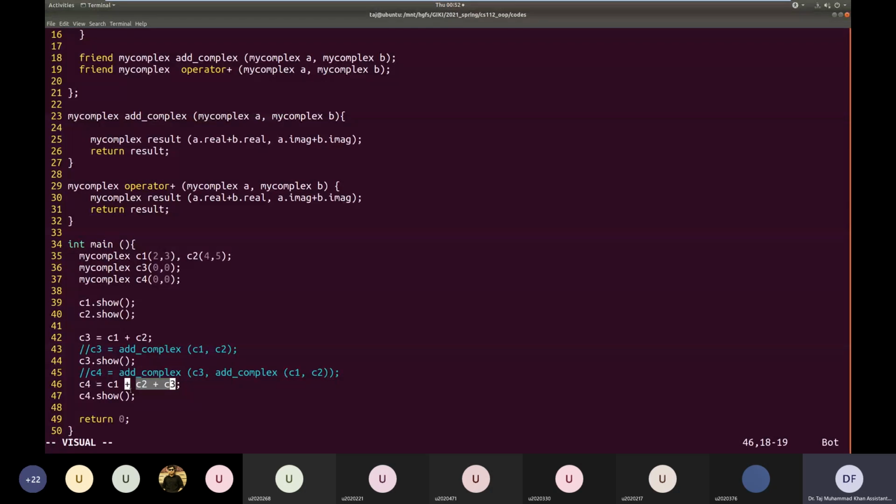One is C1, the left hand operand, and the right hand operand will be the result of the previous call to plus operator, the sum of these 2. So the operator plus function will be called twice, and after the second call, the result will replace all of this right hand side, and that final result will be assigned to C4, and then when we do C4.show, it shows this.